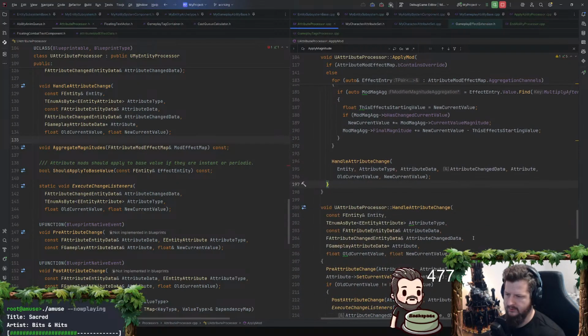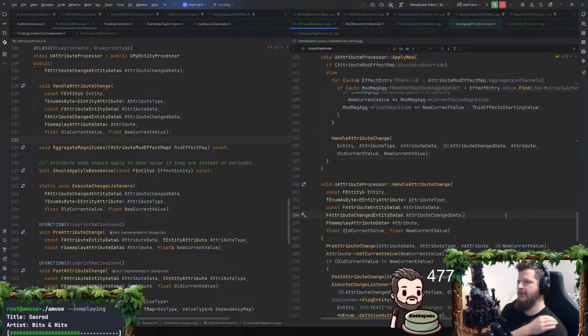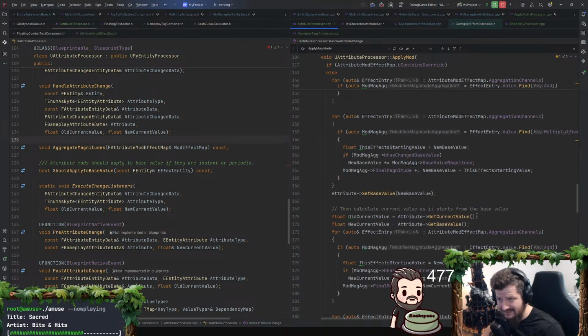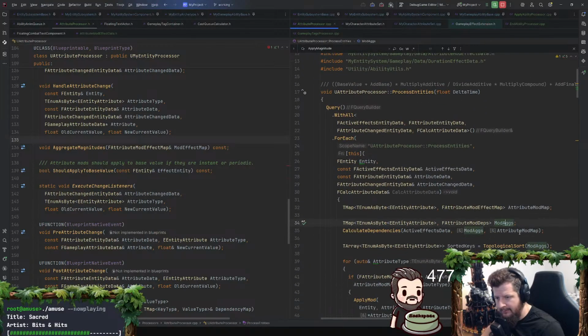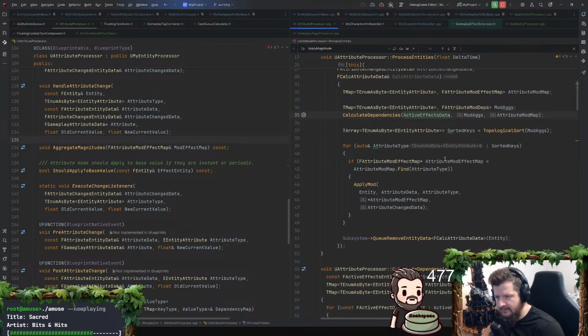Okay, I need to pass some additional information into handle attribute change. So this is where I think I'm done with the equation. I think so. I think I'm done with it. There are some things that I need to clean up for sure. This is not the prettiest way to do it.